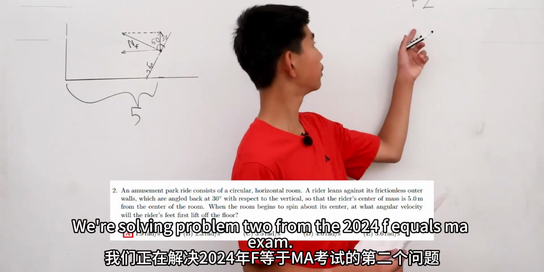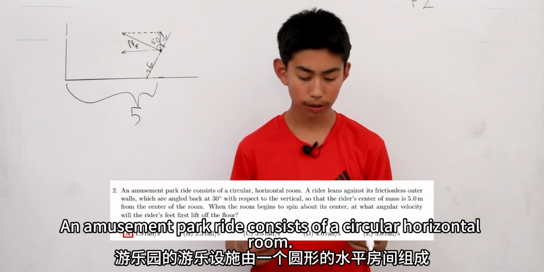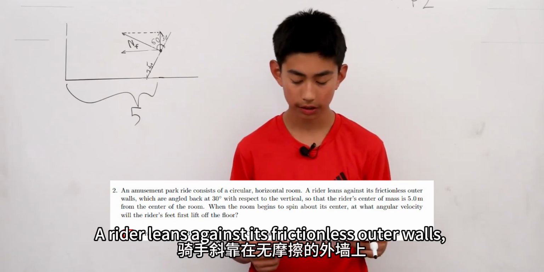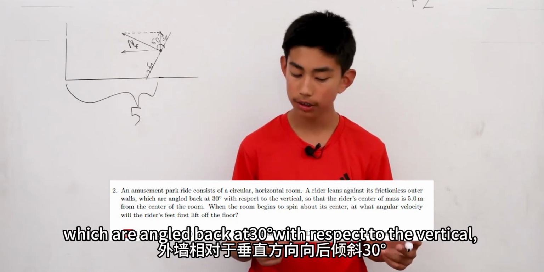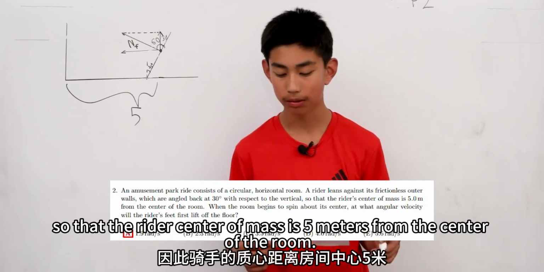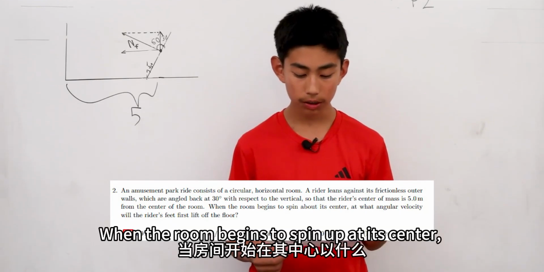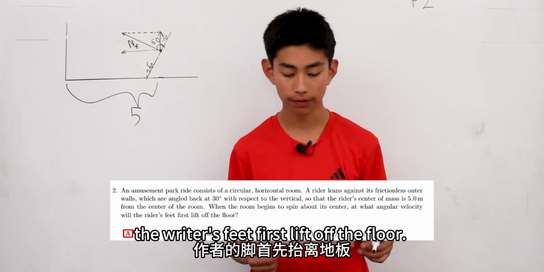We're solving problem 2 from the 2024 F equals MA exam. An amusement park ride consists of a circular horizontal room. The rider leans against its frictionless outer walls, which are angled back at 30 degrees with respect to the vertical, so that the rider's center of mass is 5 meters from the center of the room. When the room begins to spin up at its center, at what angular velocity will the rider's feet first lift